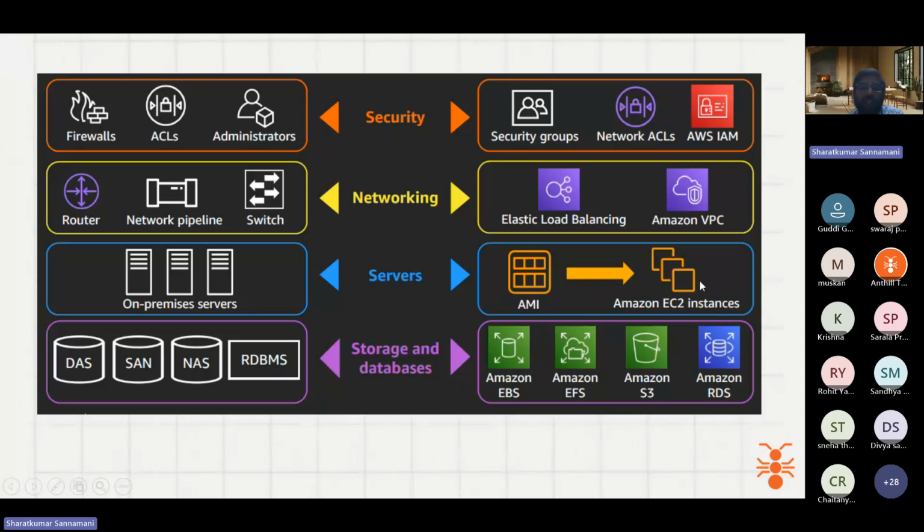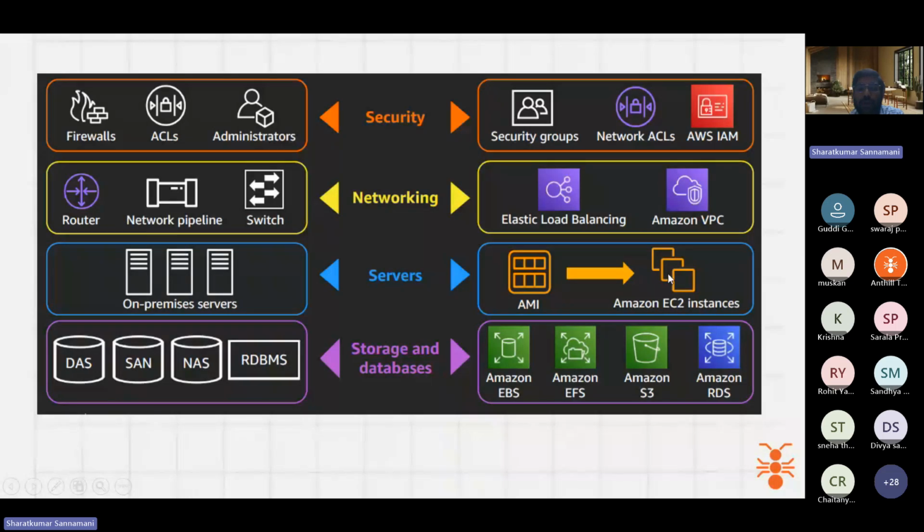So the whole thing we need to understand is the architecture. What is the architecture? How will this security work actually? What will this service typically do? How will it help another service? How will it help our application? What is networking? How will the networking work? What is a load balancer? How will it take the traffic and how will it distribute? And what is a server?